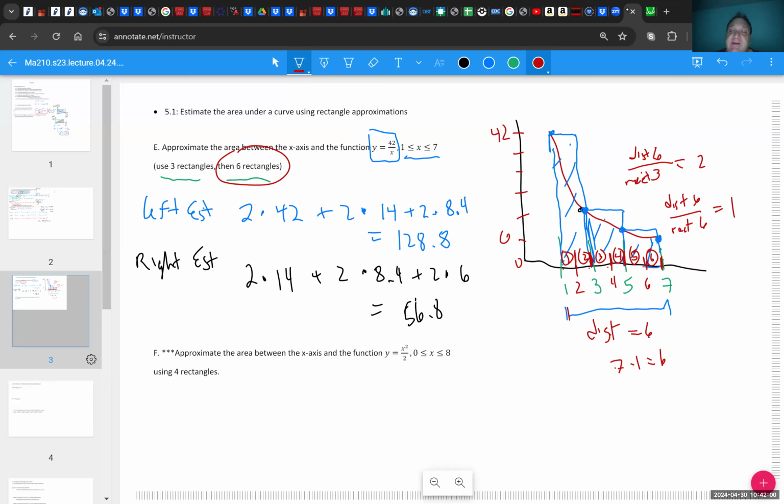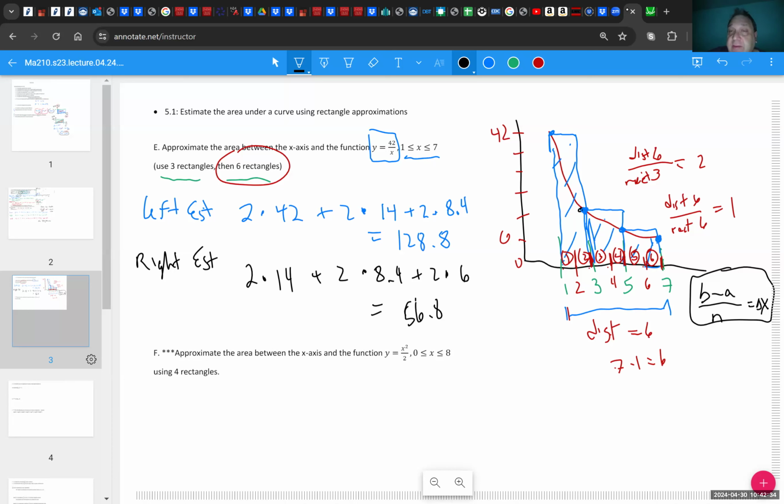The way we find distance is you just subtract the 2 endpoints. So in your textbook, you will see the formula where you take the 2 endpoints and you subtract them. And then you divide by the number of rectangles. And that will give you the spacing in the x direction. So you'll see this little formula. If you want to use a formula, great. You just find the distance you want to go, divide by the number of rectangles, and that will tell you how far to go in the x direction each time. So in this case, we need to go 1 in the x direction each time,